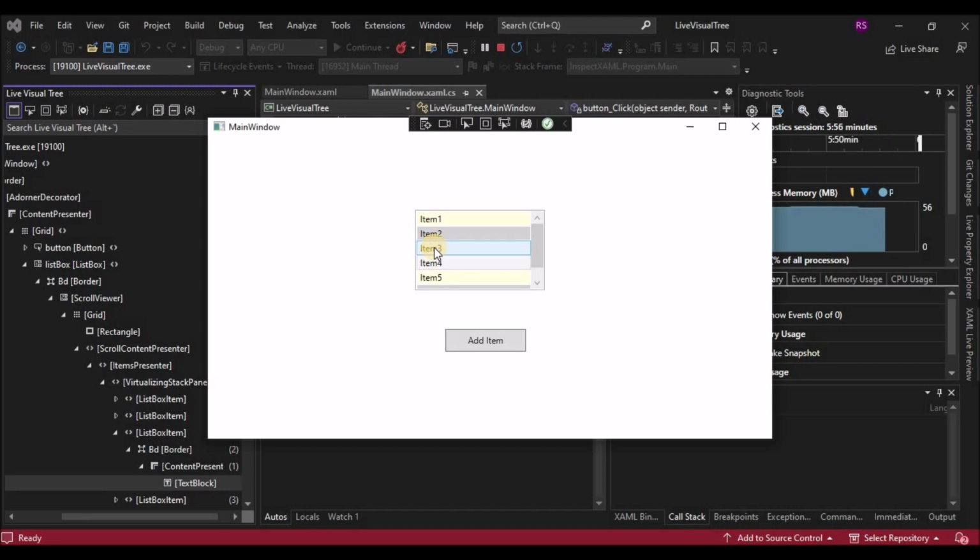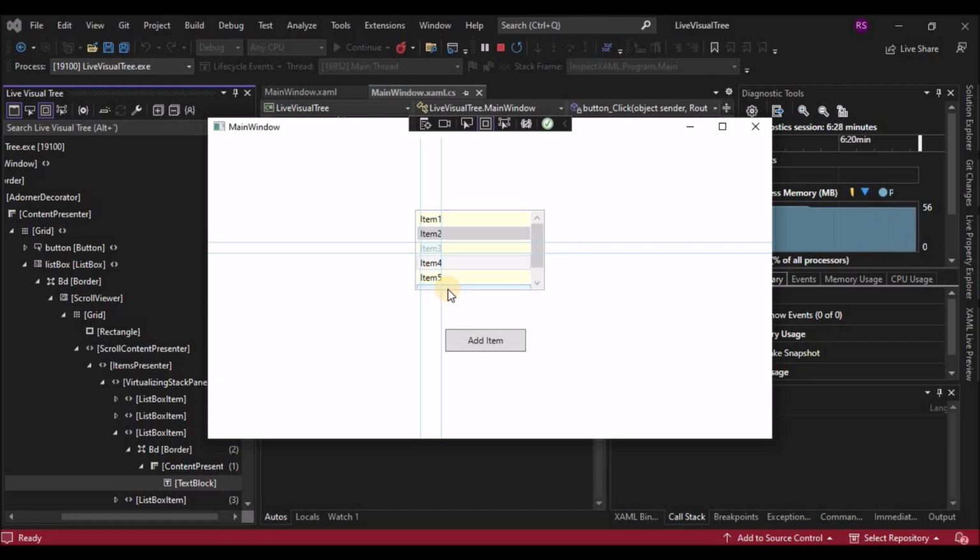Next, we'll focus on display layout adorners in the running application. You can enable this mode when you select the button that is immediately to the right of the enable selection button. When display layout adorners is on, it causes the application window to show horizontal and vertical lines along the bounds of the selected object so that you can see what it aligns to, as well as a rectangle showing